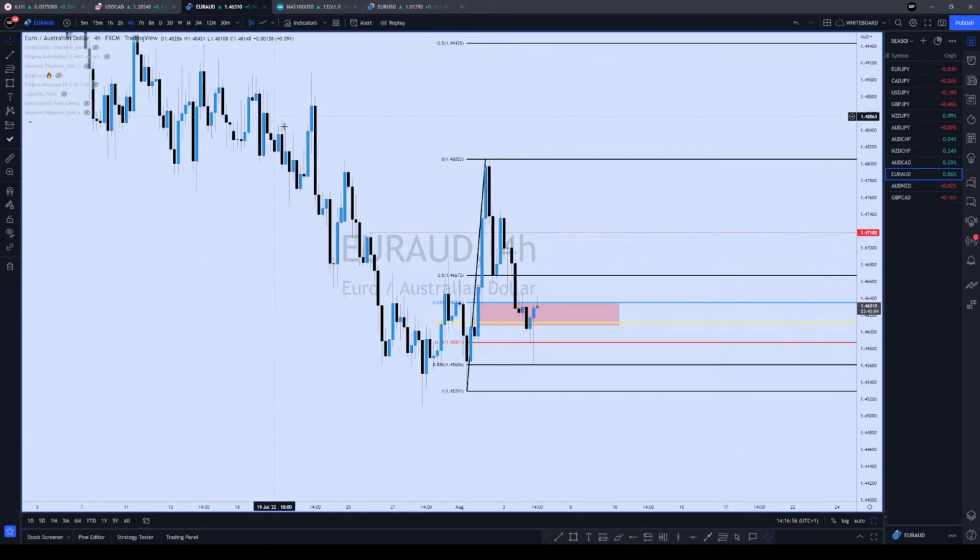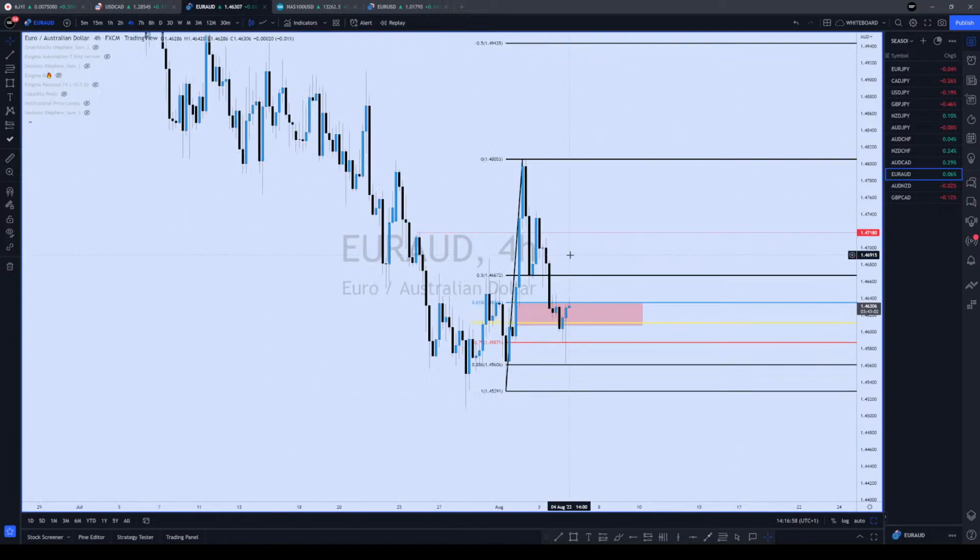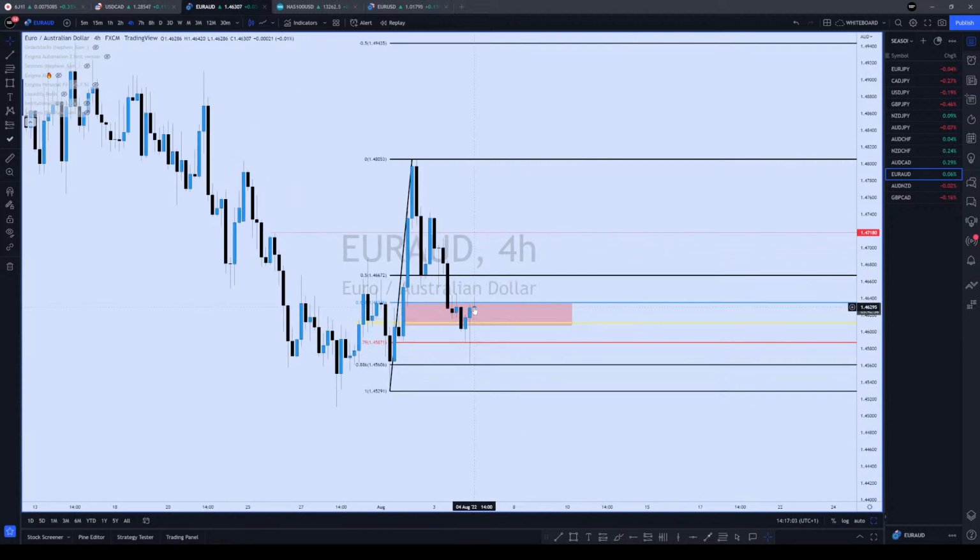because the higher time frame is bearish, I could be wrong, and then it can just smash and go down. So if you are buying, this level will be a good level to take partial, right here at the 50%. Okay, so if you are in already, take partial here, and then let the rest go.